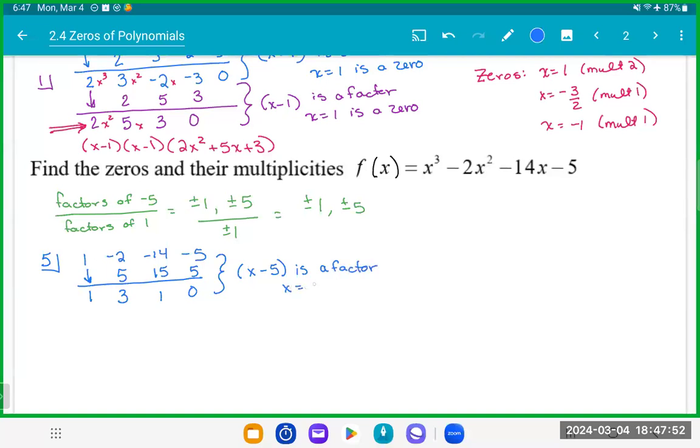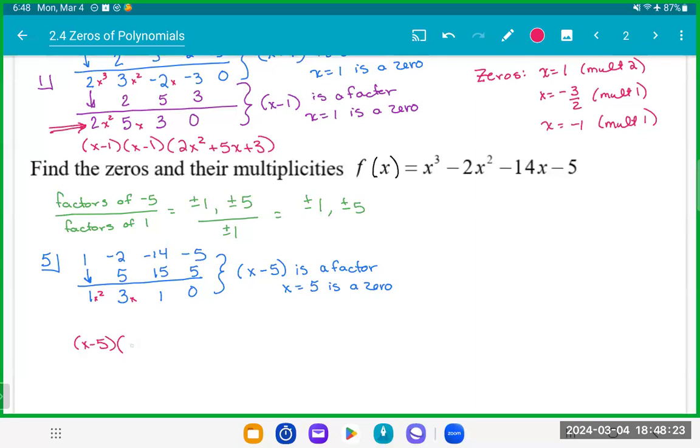Like we did with the previous one, if this was x cubed, then this is going to be x squared, x, and our constant. And so that leaves us here with a factor of x minus 5, and we have